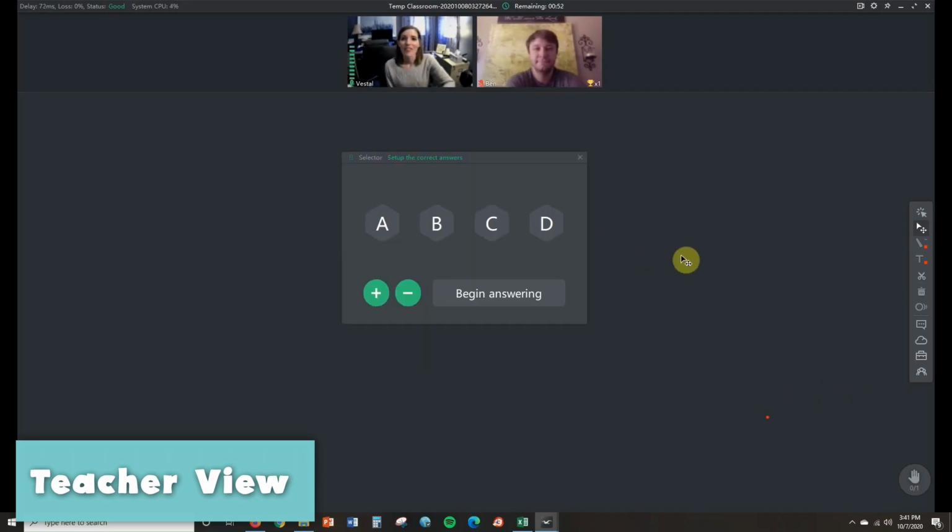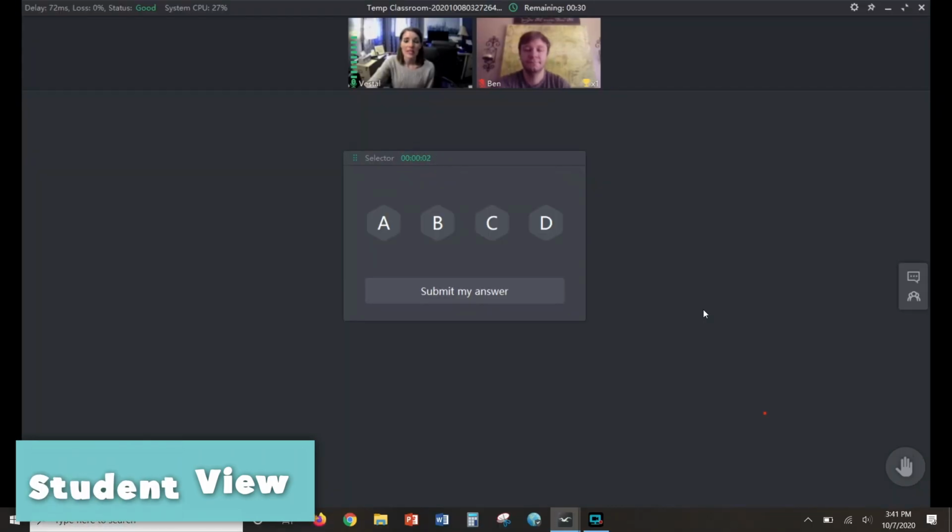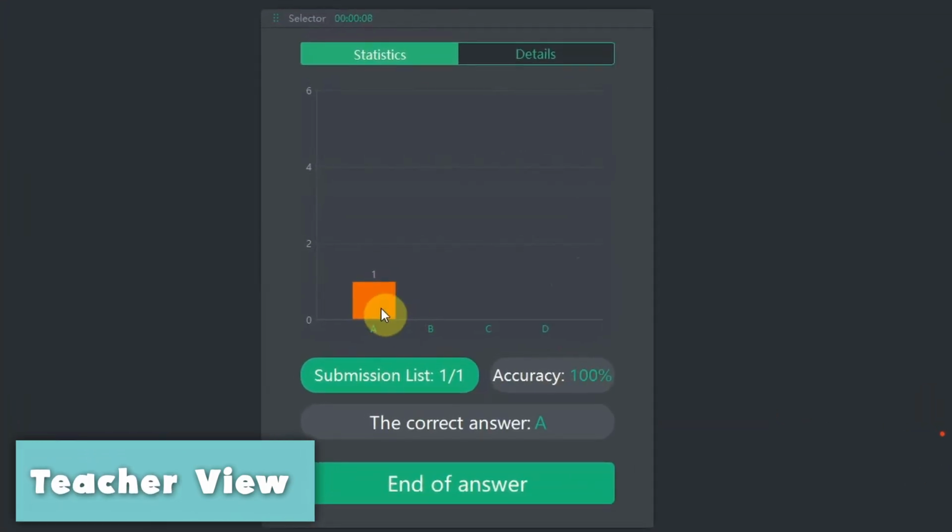Okay, next up we have the selector, which is basically like multiple choice. So let's say that you ask your students a multiple choice question. You can also take away and add responses. And then whatever the correct response is, make sure you click on it before you click on begin answering. So when I click on begin answering, it's going to send that to the student so Ben can click on what he thinks is the correct answer, and I can see what he answered and how accurate the class